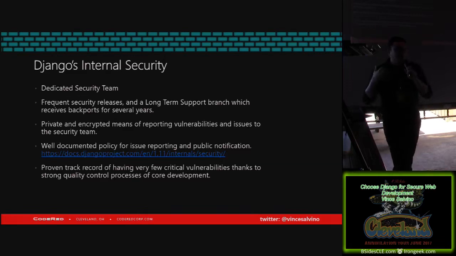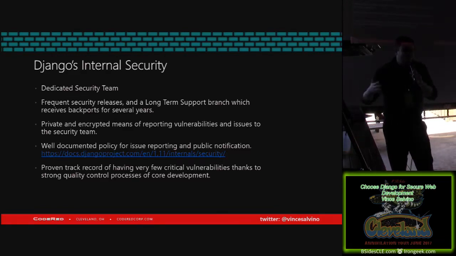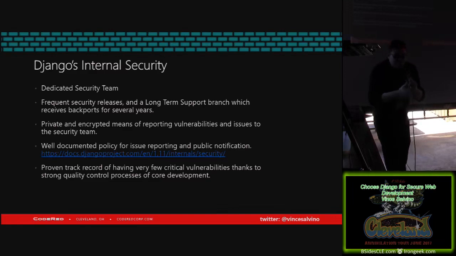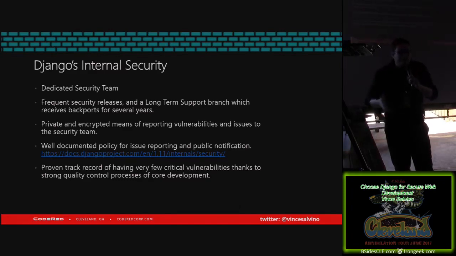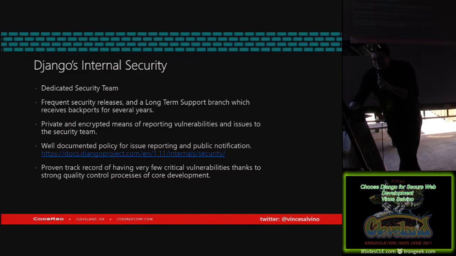They also have a lot of good documentation on their website about just how they report security issues, how they handle security issues. If you are building a Django project and you need to sell a client on it, or you need to pass some sort of security standard from your IT department, you can point them to this and be like, look, this is a really well-developed framework. They take security extremely seriously. They have all these processes in place. Like most of you would probably do that with AWS, or if you have a vendor, they submit all of their vendors' own security reports or their security policies. Django has that available as well.